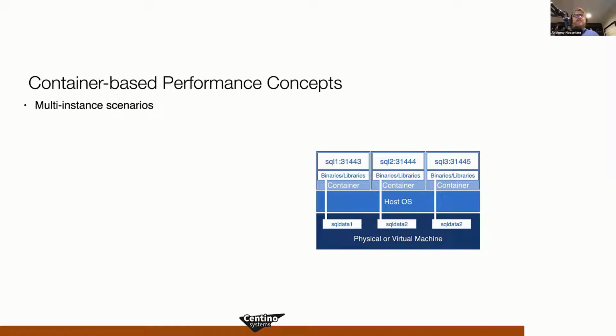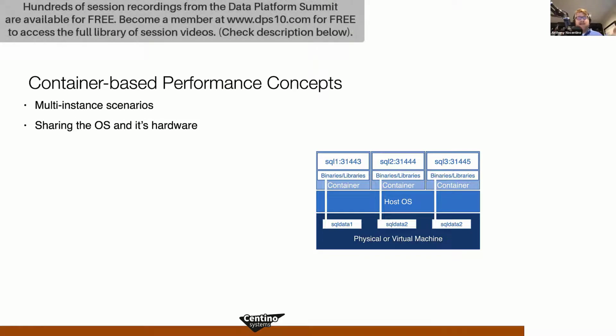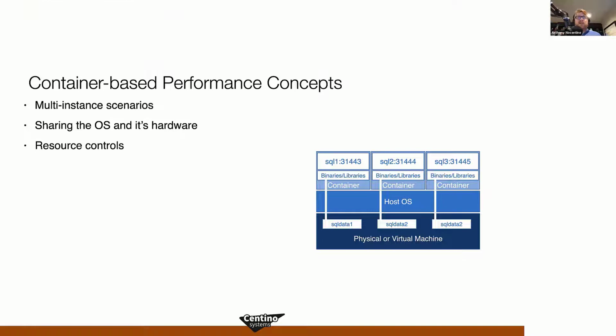When you're deploying containers, what you're really doing is sharing the underlying OS and its hardware, right? So there's a finite amount of stuff, CPU, disk, and RAM, inside of this physical or virtual system that I can allocate. And what we're doing when we start containers on top of that is just sharing that amongst the applications that are running. And so we need some way to control resources that are being consumed by processes that are running on that base OS. And that's where control groups come in, or C groups.